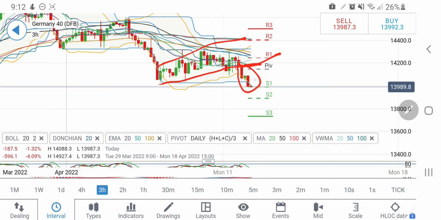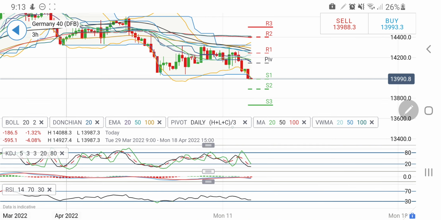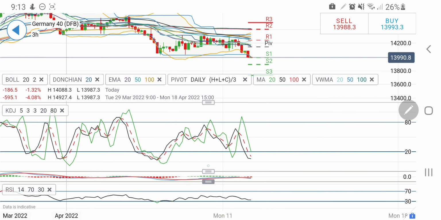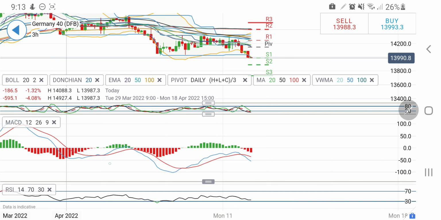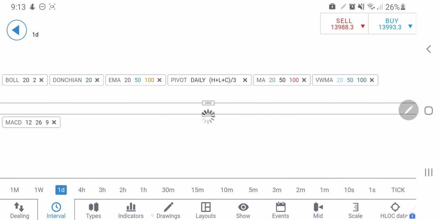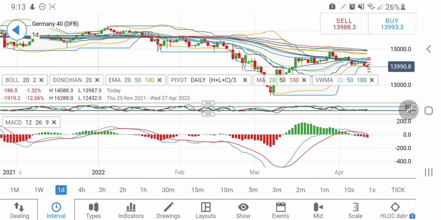So till the time it remains below 14,200, we can expect it to drop. Right now, in fact, 14,100 is the level. Only if it rises beyond 14,100, one can expect it to rise again and fall back into the 14,200 and 300 zone. Else it may try to trade with a bearish bias. The next target could be around 13,900 and 13,800 levels. So I'll be cautious there. Strongly oversold on the 3-hour charts as well. MACD wide divergent. So now considering this, let me sum up and give you the trading levels.